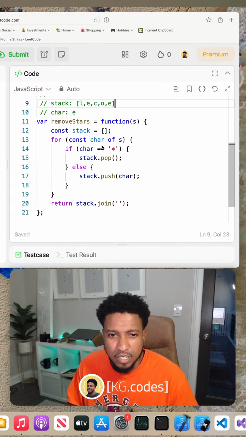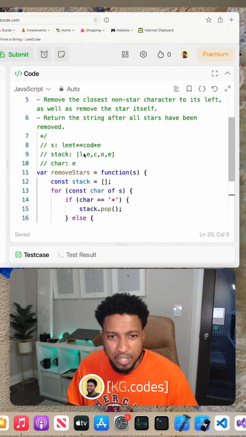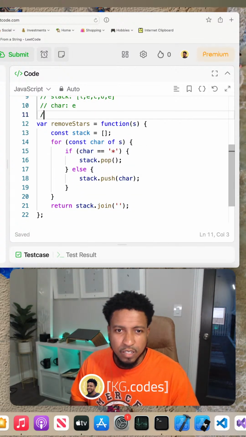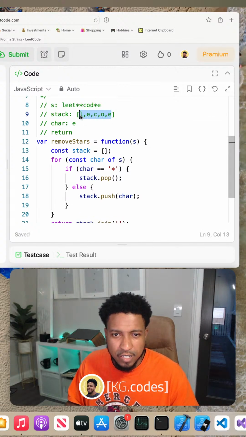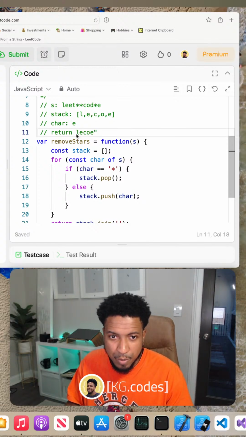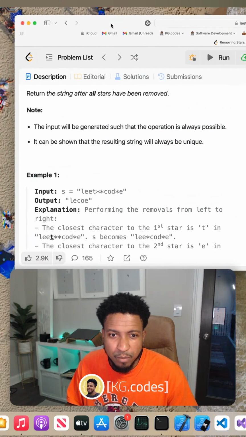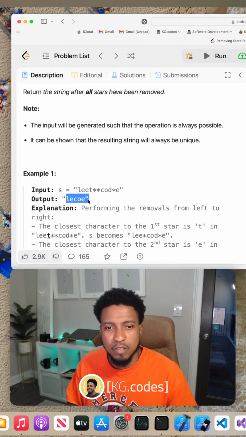And then my code is saying to return the stack all joined together, which I don't have a variable for, but basically it's going to return this stack added together with empty strings in between, which would give me LECOE as my last string. And if I look at the problem over here, LECOE is the right answer